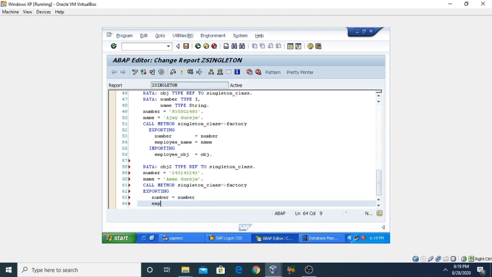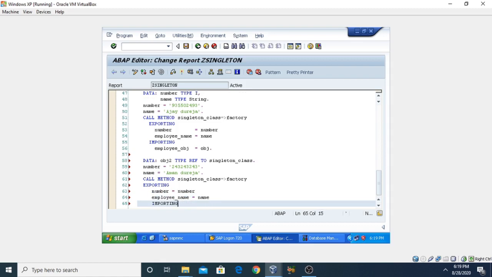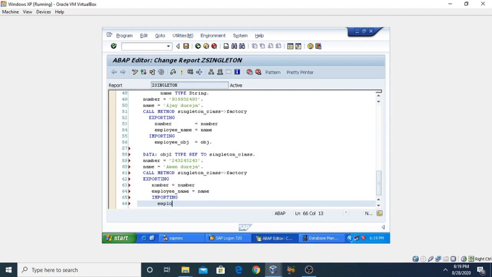Now employee underscore name equal to name. Then importing. So this is the importing part. Importing employee underscore object equal to object2. Use a pretty printer here.